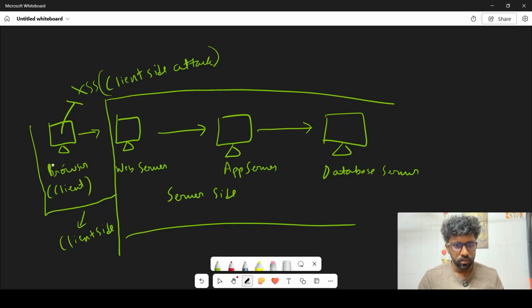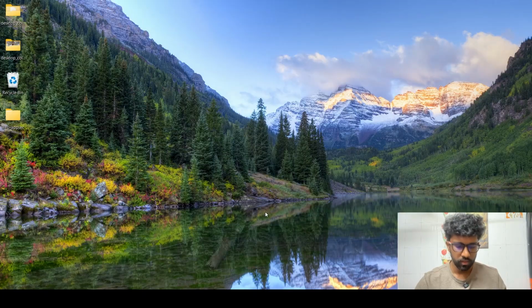Now, in the browser, we load web pages, and web pages are made up of HTML, CSS, and JavaScript. I'll rather show it to you. Let us create a web page together.